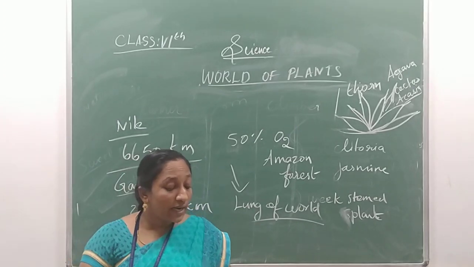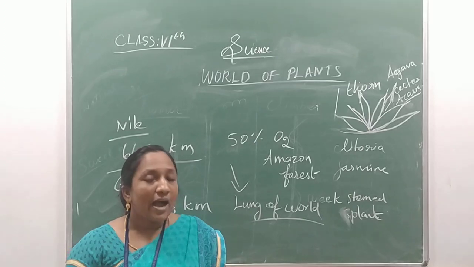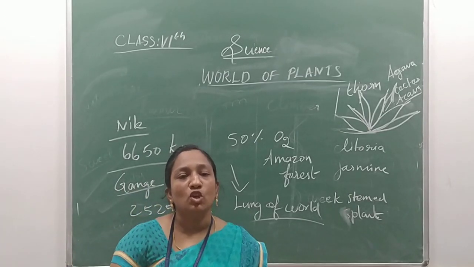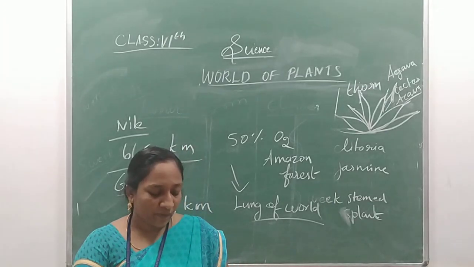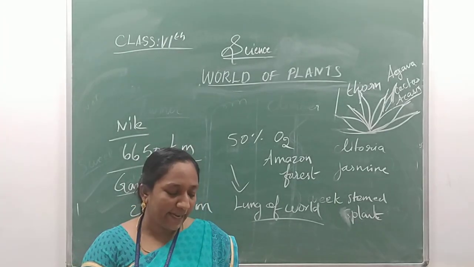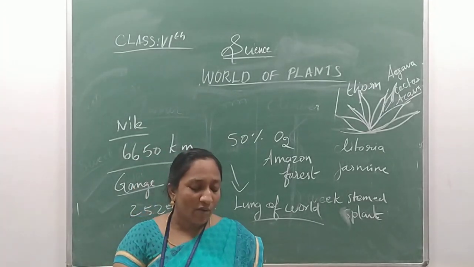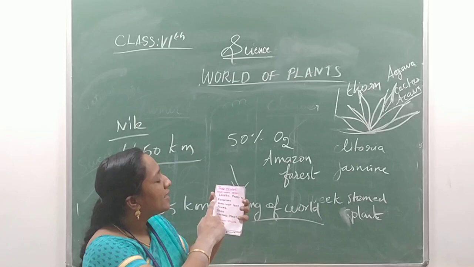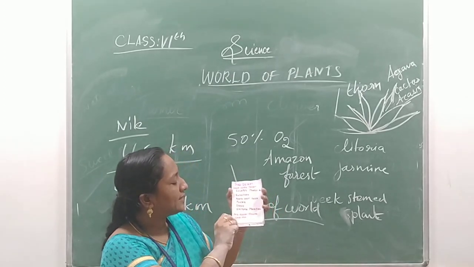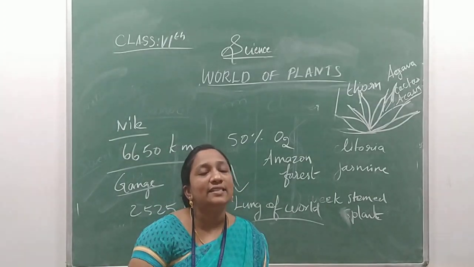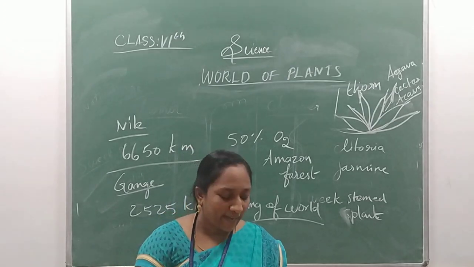And do you know what is World Habitat Day? When is World Habitat Day celebrated? The first Monday of October every year is celebrated as World Habitat Day. And Thar Desert is a great desert in India. Where is it located? It is located in Rajasthan, Northwest India, Punjab, Sindh and Eastern Pakistan. These are the areas covered by the Thar Desert, which is a great Indian desert.